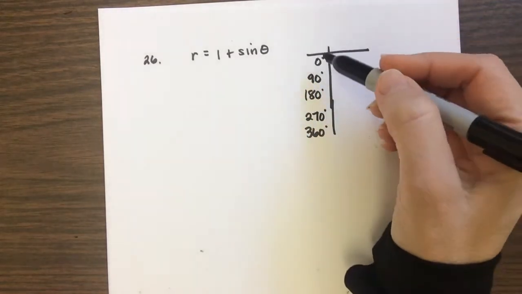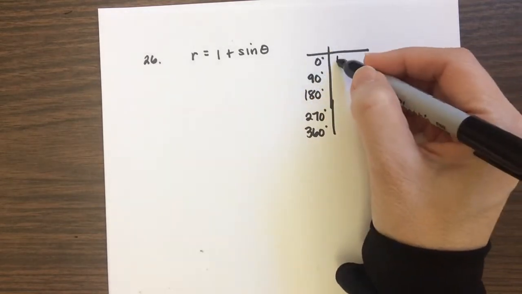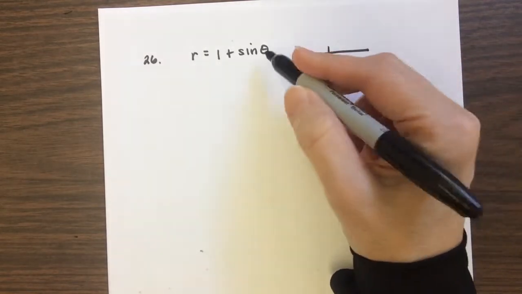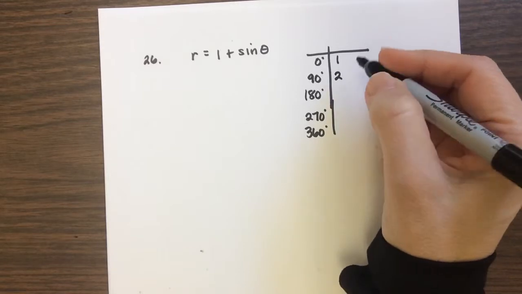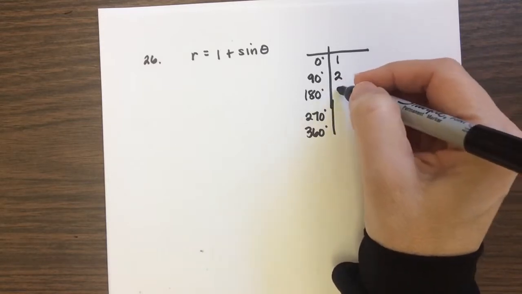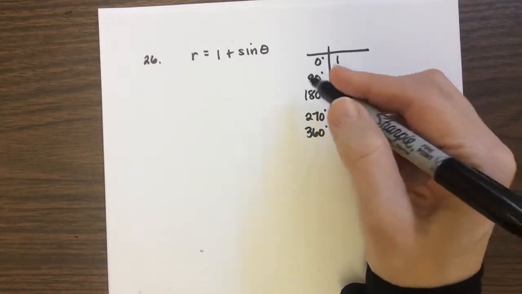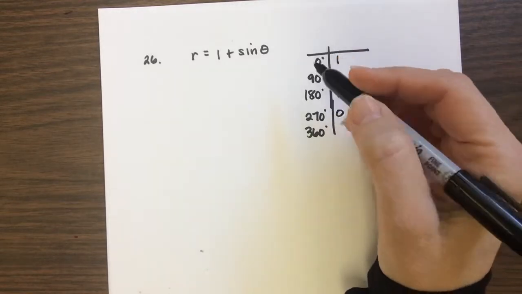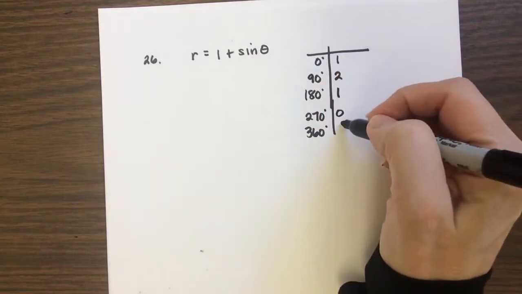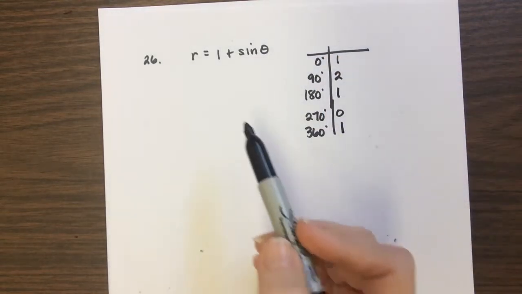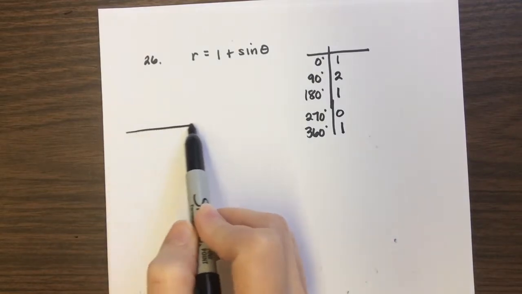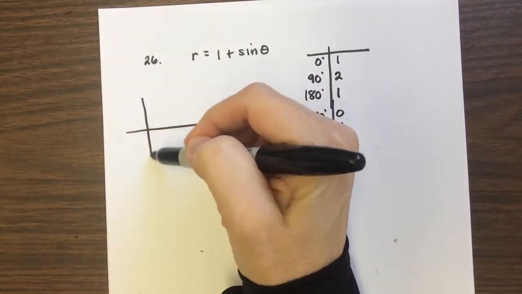And then I know that the sine of 0 is 0 plus 1 is 1. The sine of 90 is 1 plus 1 is 2. Then we're back to 0 plus 1, negative 1 plus 1, which is 0, and then 0 plus 1 back to 1. Alright, so if I plotted this on a rectangular coordinate system,